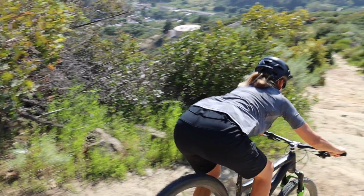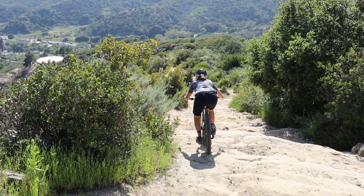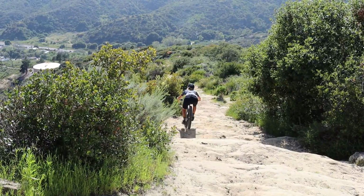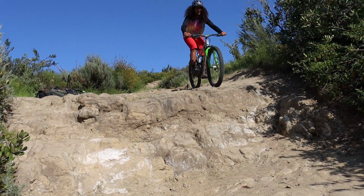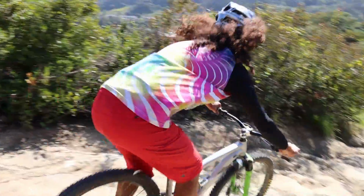So coming into this nice and in control, looking up and eyeing your line, you're remaining calm and trying to stay relaxed. If your body is tense, then you're just gonna seize the brakes, you're gonna lose all that traction coming down, and a lot of that confidence is gonna be gone out the window. Coming in, getting my speed in check, looking where I wanna go, speed is in control, looking up,